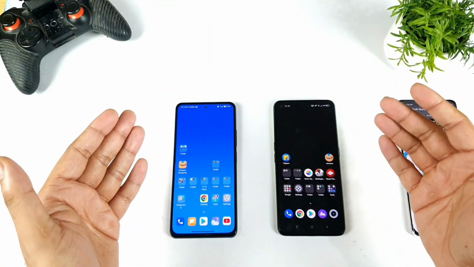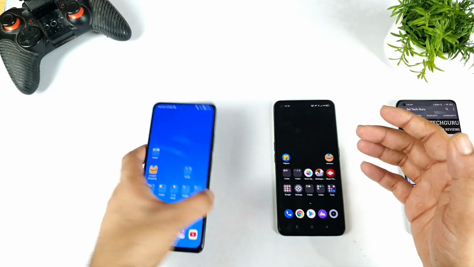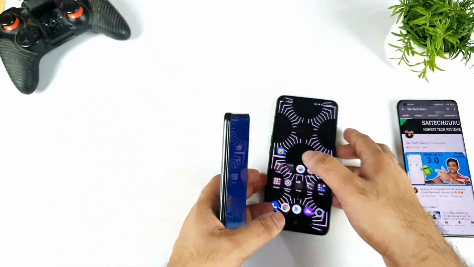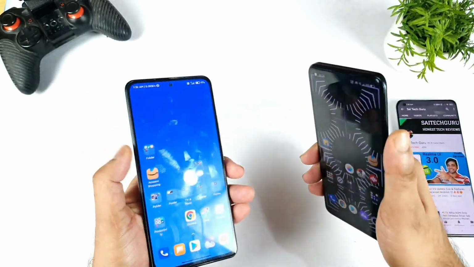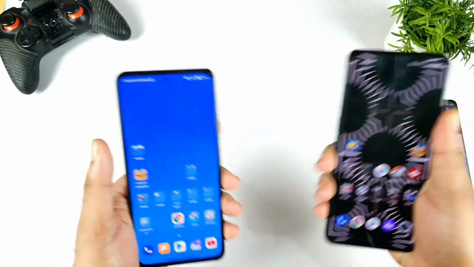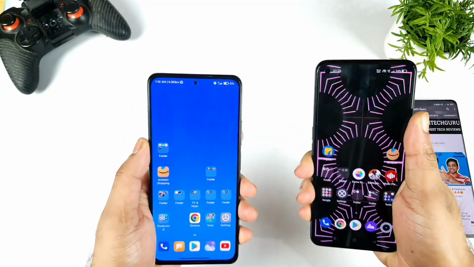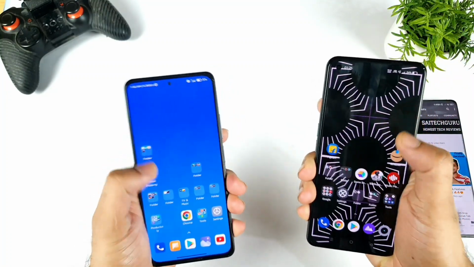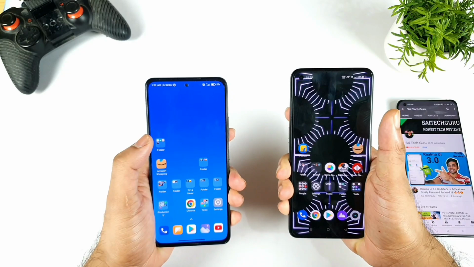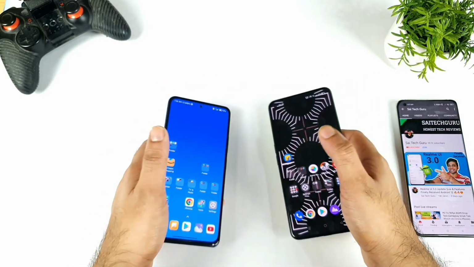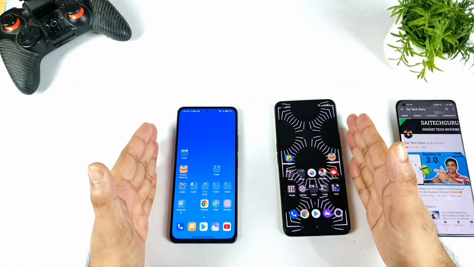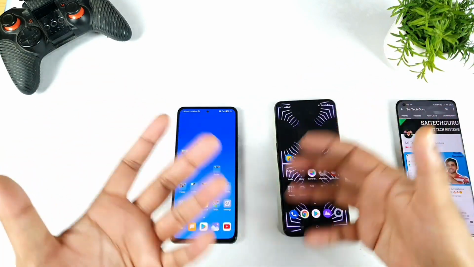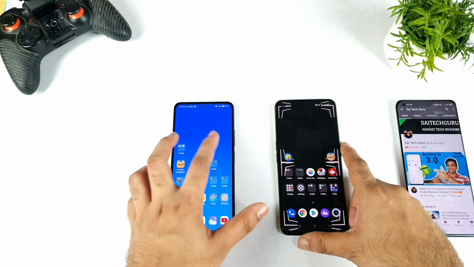In this one, I'm going to do the 4G plus speed test comparison between the Realme GT Neo 2 versus the Mi 11X device. This is a question which has been requested by a few of my subscribers. Can you please compare the 4G plus speeds between these both phones? By using the same SIM card, that's what I'm going to demonstrate in this video. I'm going to use the Jio SIM card as an example. Let's see how much difference it's going to make using the same Jio SIM card at the same location side by side. What is the speed difference? We're going to see.